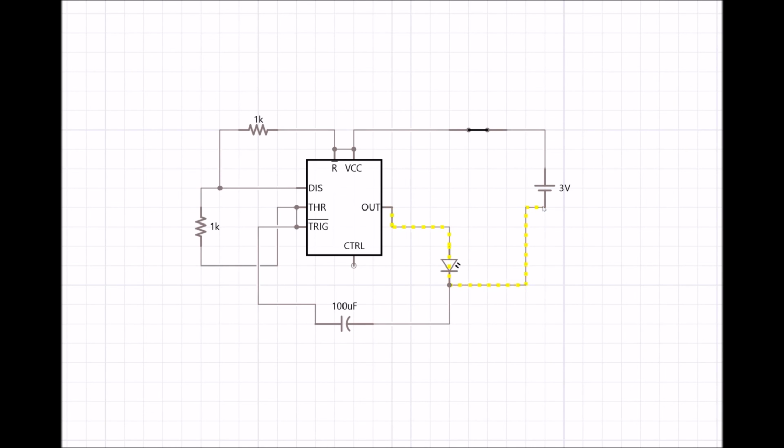But yeah, so this ends my tutorial on just a basic LED flashing circuit in the program iCircuit on the